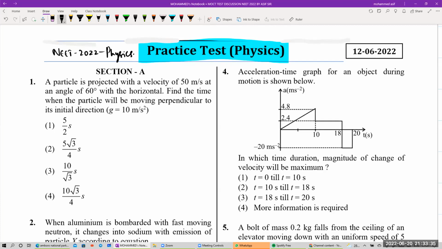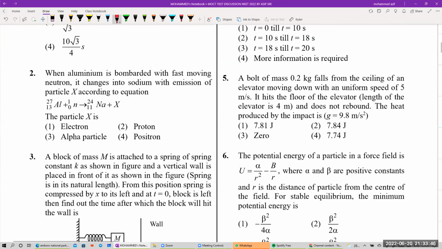Okay, first question, देखिए बेटा. A particle is projected with a velocity. This is from your kinematics. Next one is: an aluminum is bombarded with a fast moving neutron. It changes into a sodium with the emission of a particle X according to the equation. Aluminum when it is bombarded with a neutron, यानी ये न्यूक्लियर फिजिक्स का क्वेश्चन है, ये अपन कर सकते हैं